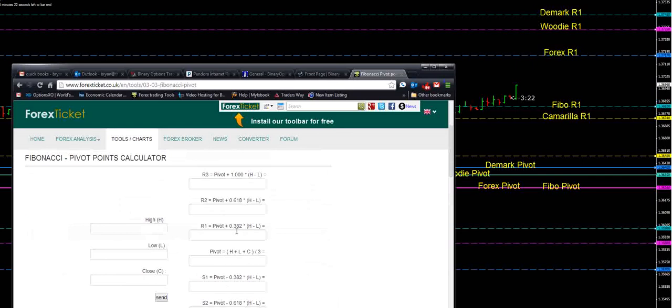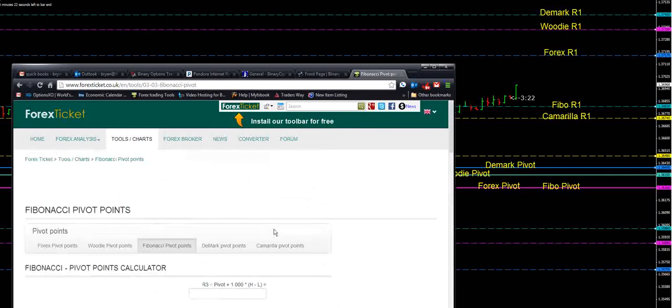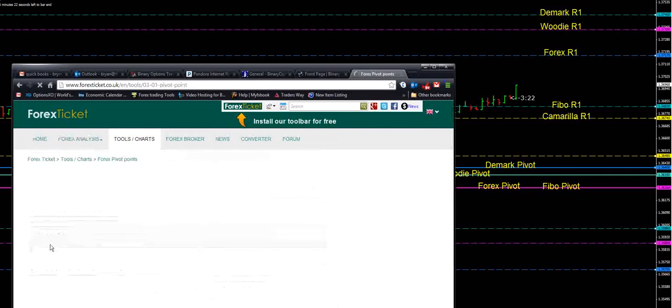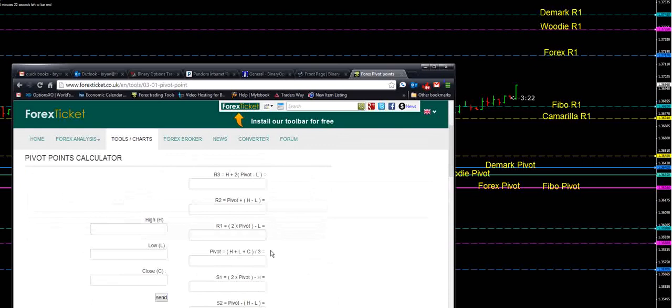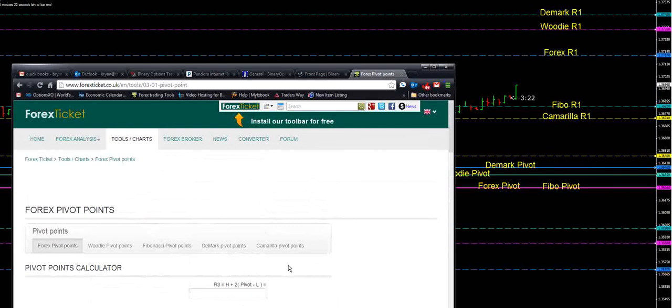And then Fibonacci starts using Fibonacci ratios. That's why they differ from Forex pivot points. A Forex pivot point uses the pivot in the formula. So R1 equals 2 times the pivot point, and the original pivot point was figured out the same way as the Fibonacci. Now if we look to DeMark pivot points,